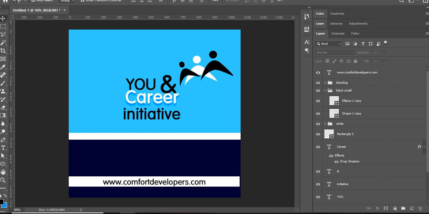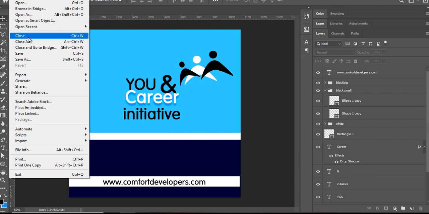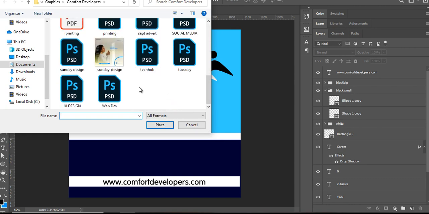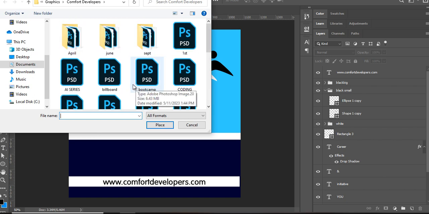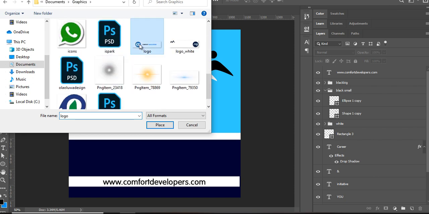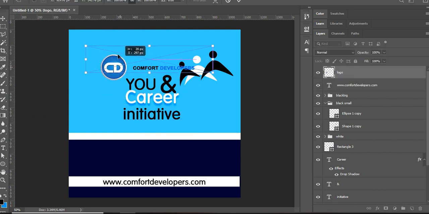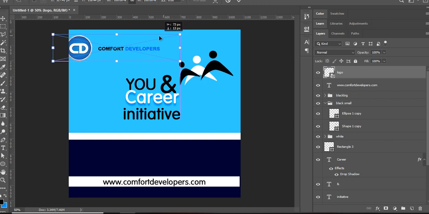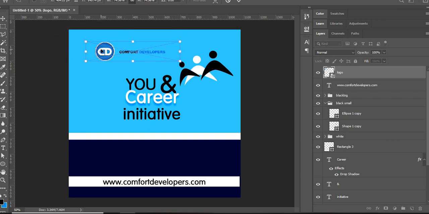Okay, we can bring in our logo too. Go to file, place embedded file. The same process you use to bring in pictures, you use to bring in a logo. Okay, let's go to graphics. I have my graphics here. I have the Comfort Developers logo here. I just place it here, somewhere here. I can resize it the way I want it to be. Alright, once I'm done with that,